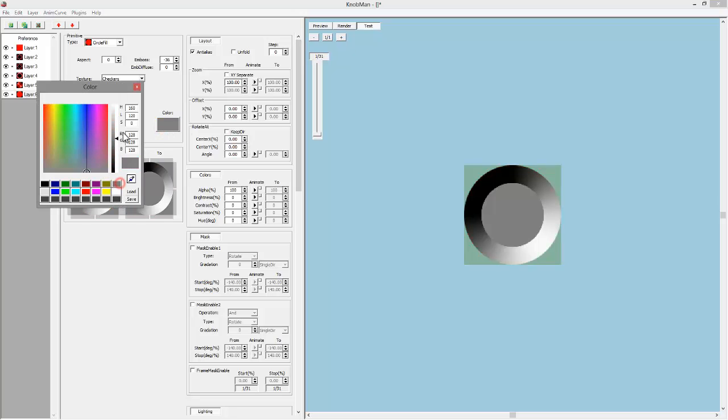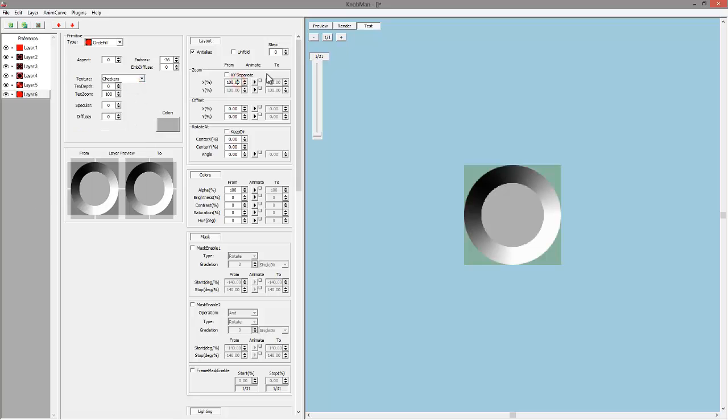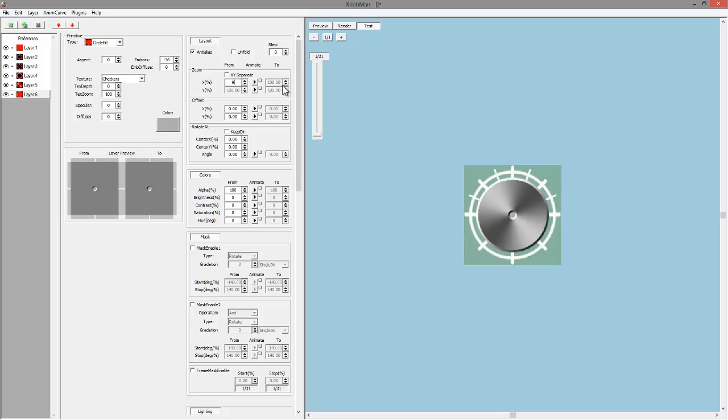We need to change the colour to grey. That should do fine, and we need to shrink it. So we'll change the size to 9. You see now we've got this tiny little button type thing in the middle. But we need to offset that so that it goes around the edge of the knob rather than just staying in the middle. So we offset that here in the section labeled offset. And we'll offset the x-axis to -27. So you can see it's just over at the edge for now,